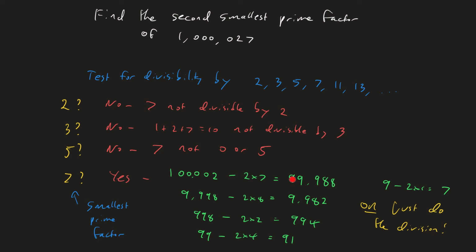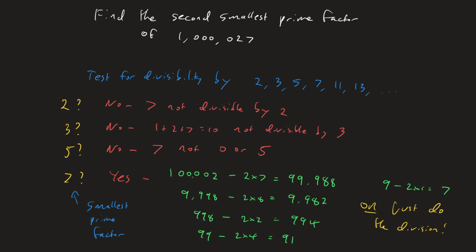So now we repeat the test on this number. We cross off the last digit to get 9998. Separately, we take the last digit and multiply it by 2. We subtract and we end up with 9,982. And we repeat. Cross off the last digit to get 998. Multiply the last digit by 2 and subtract to get 994. Repeat once again. Cross off the last digit to get 99, multiply the last digit by 2, subtract, we get